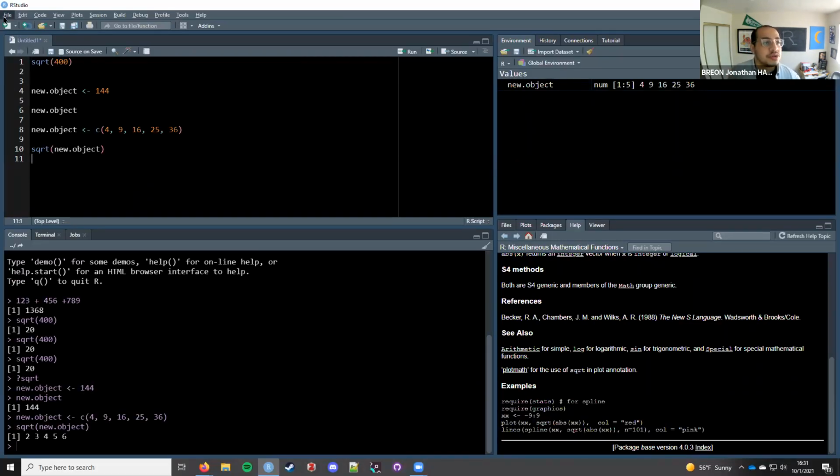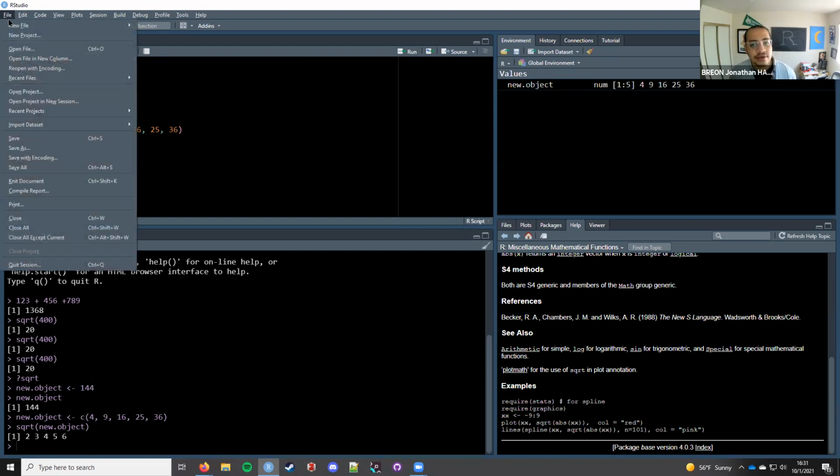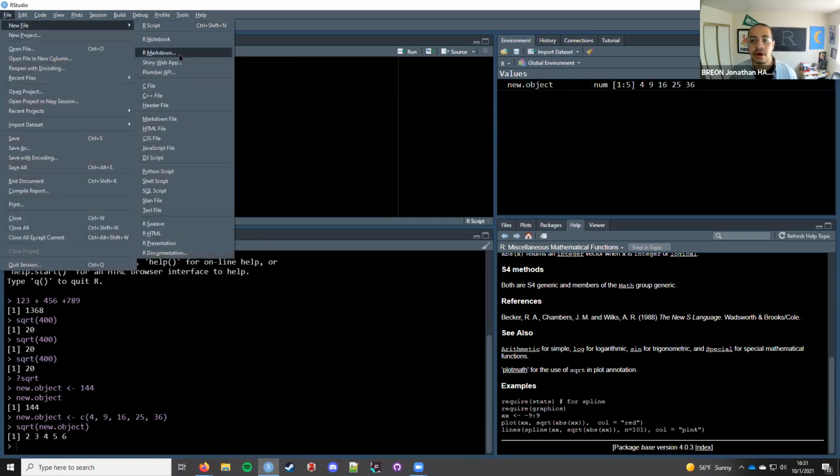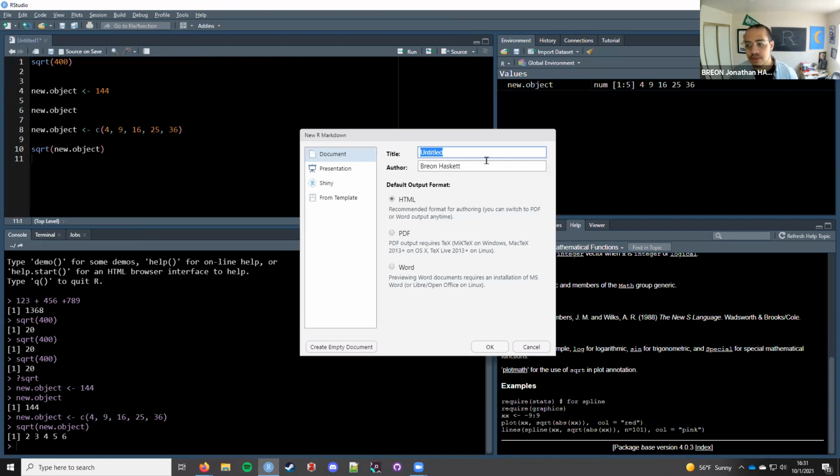We are going to go to File, New File, R Markdown. Our title isn't particularly important right now, so we're just going to call it my first Markdown. And we're picking HTML as our output format.